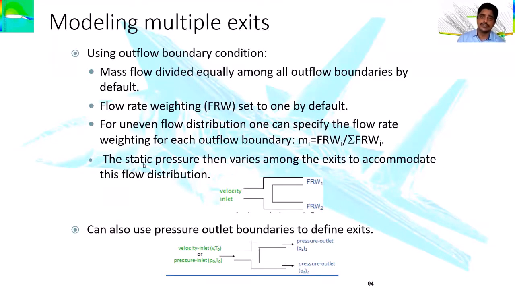So in that case, how can we use the boundary conditions? You can see here the inlet velocity, FRW, which represents the flow rate weighting. It is set to one by default. When we are modeling one inlet and multiple outlets, it is better to take the complete mass flow into consideration. When you are going for the inlet and outlet conditions, if it is an incompressible case,